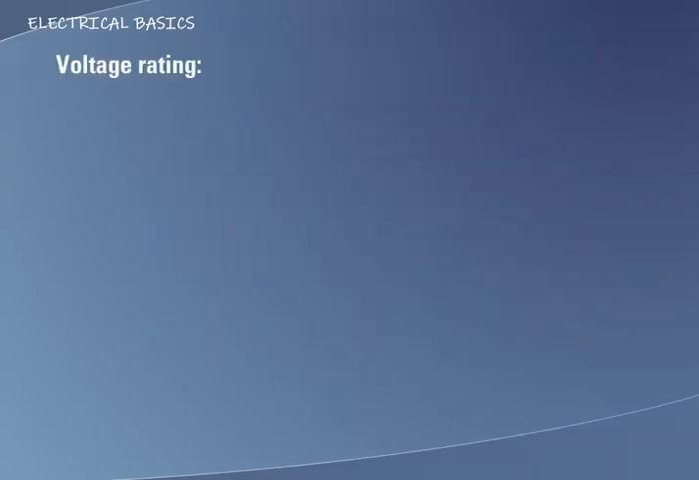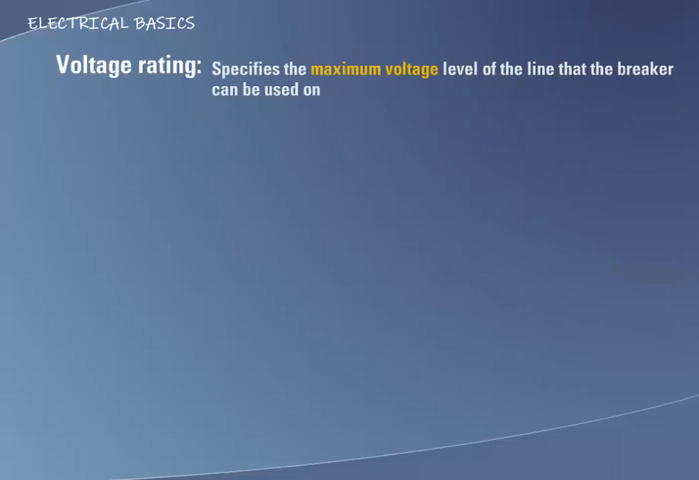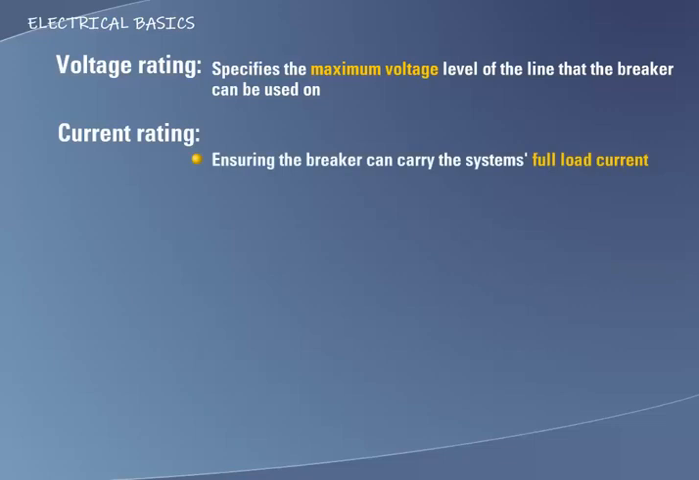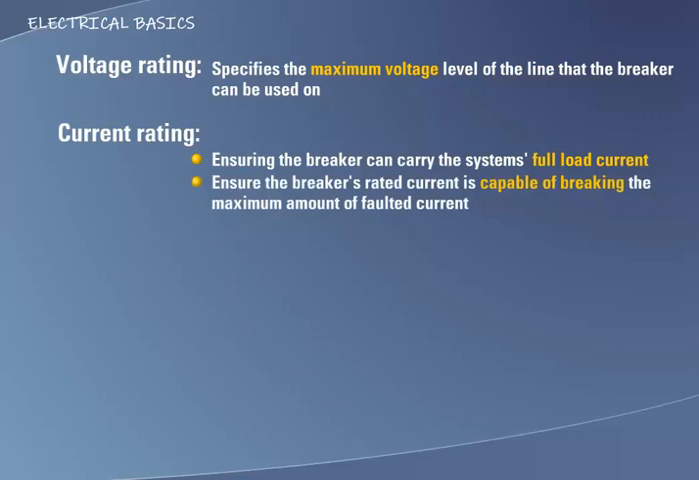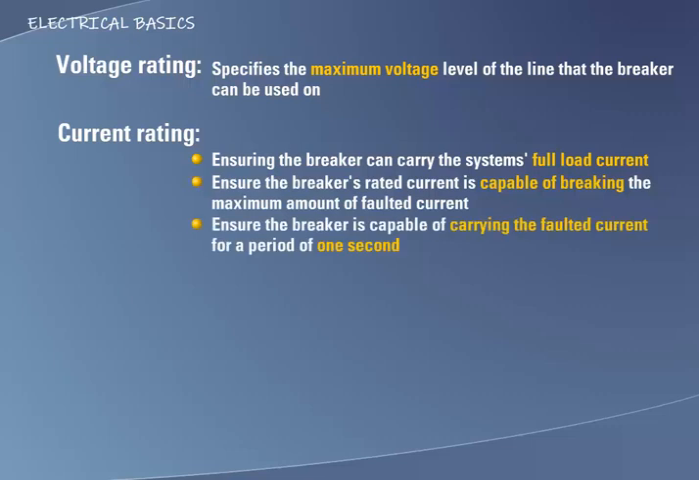Voltage ratings. The voltage rating of the breaker specifies the maximum voltage level of the line that the breaker can be used on. Current ratings. Three current factors must be considered. The first is ensuring the breaker can carry the system's full load current. The second is to ensure that the breaker's rated current is capable of breaking the maximum amount of faulted current. And the third is to ensure the breaker is capable of carrying the faulted current for a period of 1